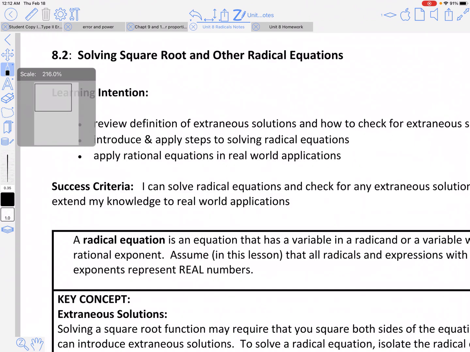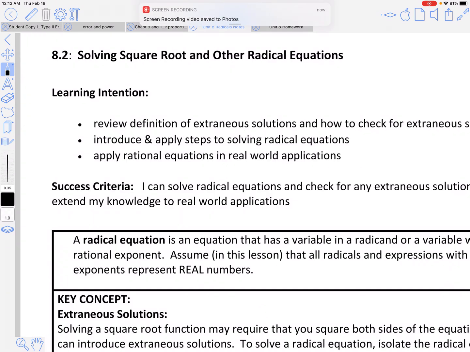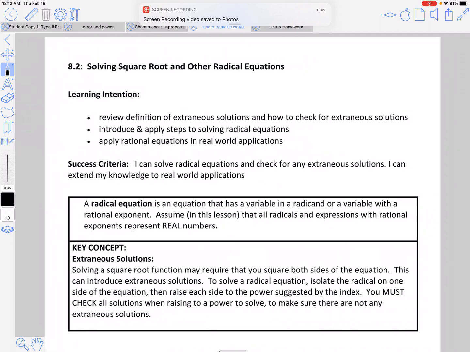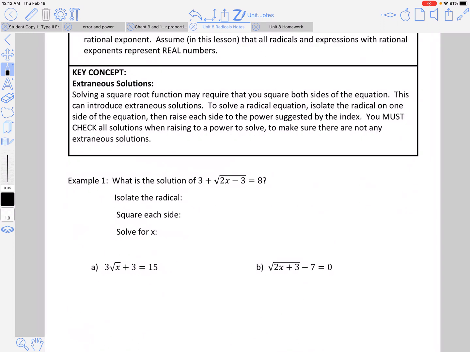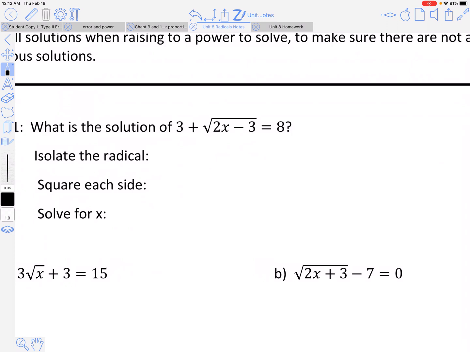Welcome to 8.2, solving square root and other radical equations. So take a look at our success criteria. We're going to review definitions of extraneous solutions and how to check for those. We're going to solve and learn some steps to make radical equations go pretty smoothly. All right, so first off,